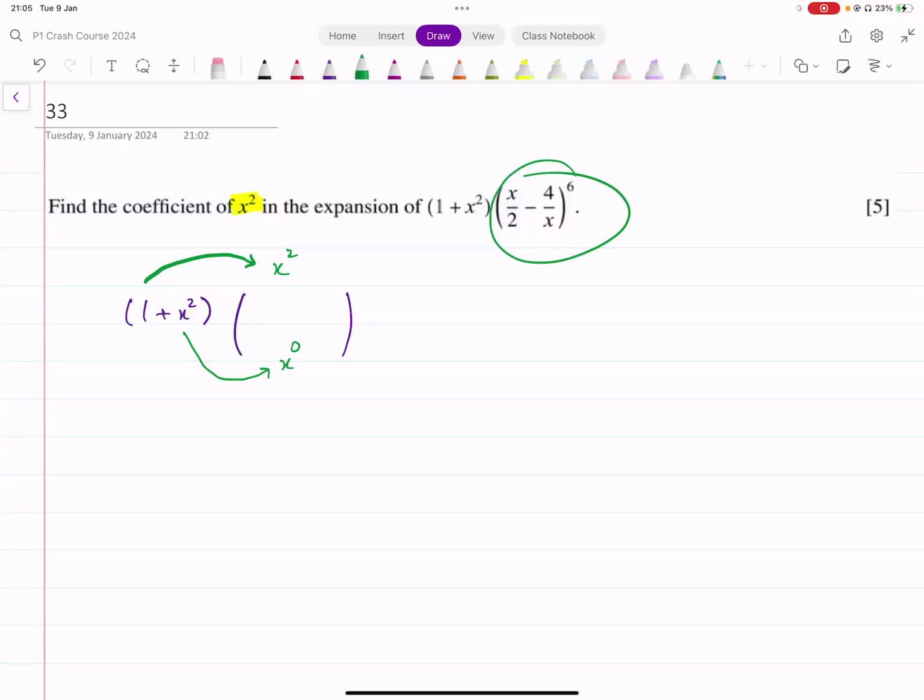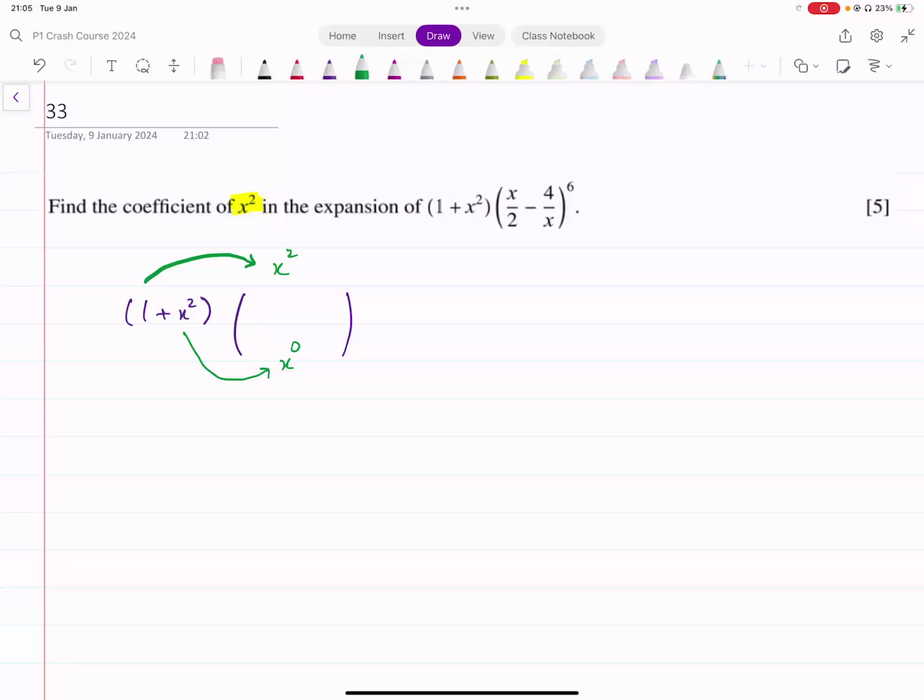So from this expansion, we need these two terms, x squared and x raised to power 0. These are the only two terms that we want from this expansion. We don't need anything else. Does that make sense? So that's the first thing that you would do in problems like these, where you have